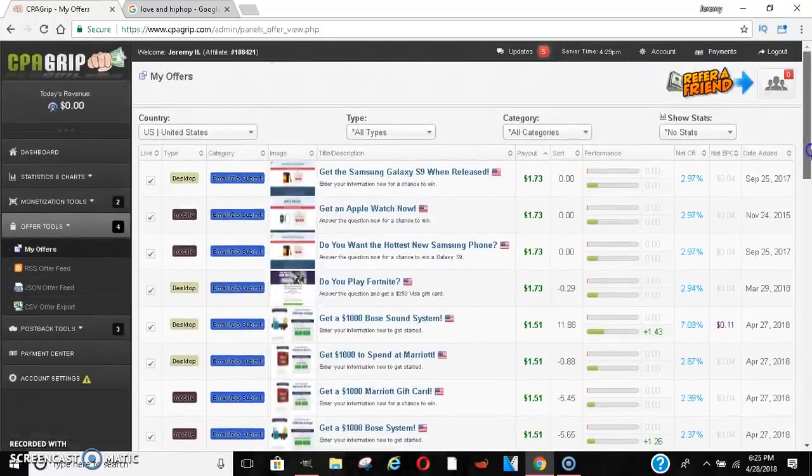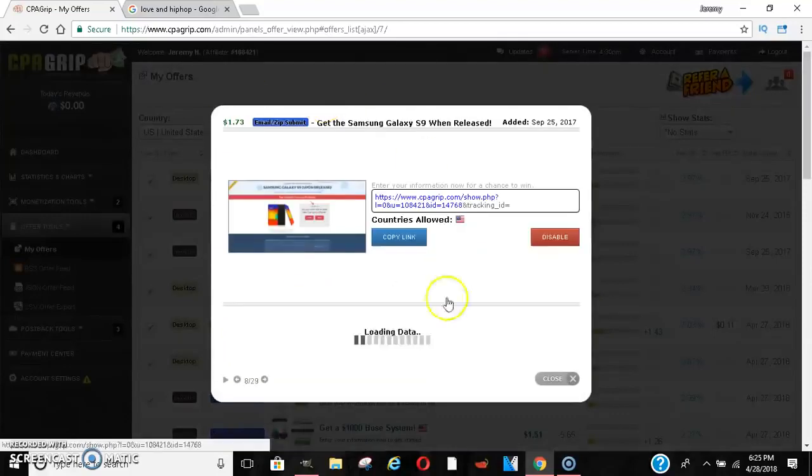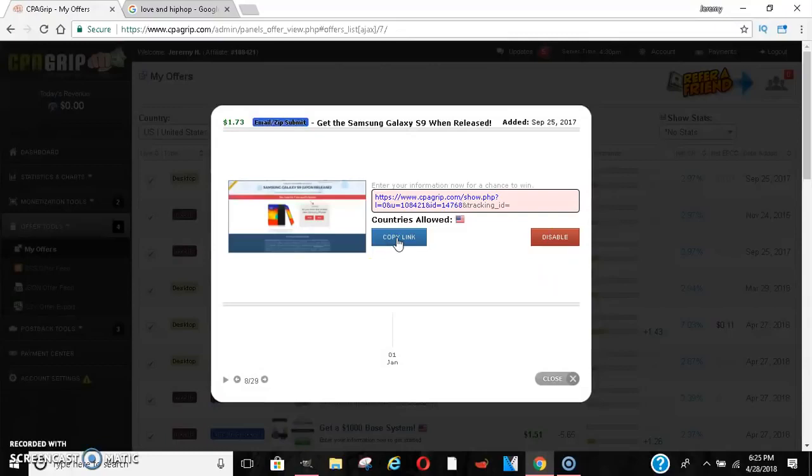This website, sometimes I'm not sure. See, it'll tell you desktop. I honestly don't know if they just mean desktop traffic or mobile traffic, because sometimes when I click on this, the actual page doesn't show up. But I'm going to get into something really important here in just a second.